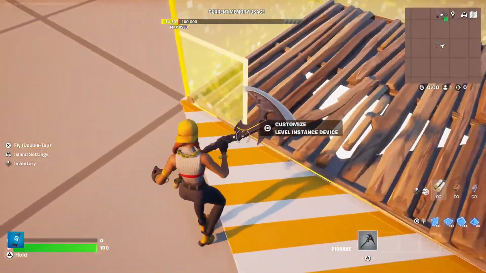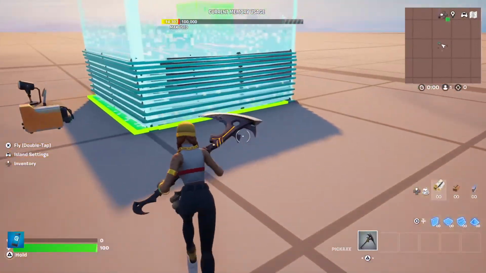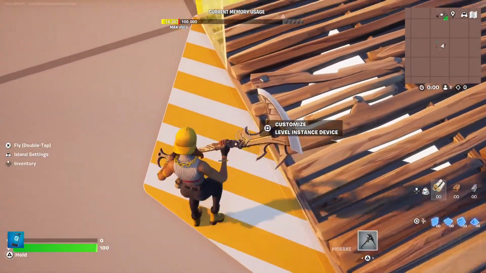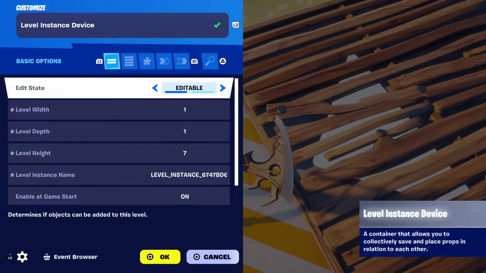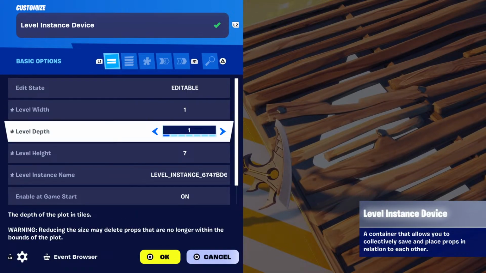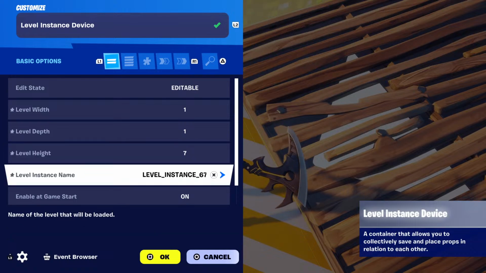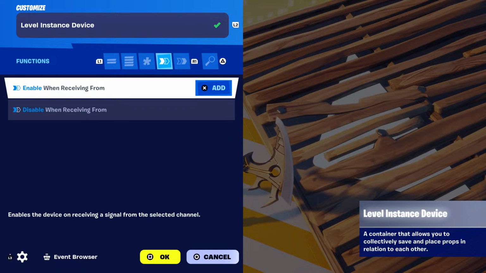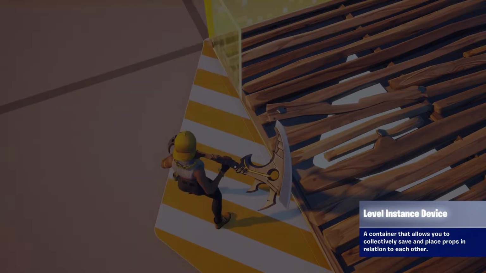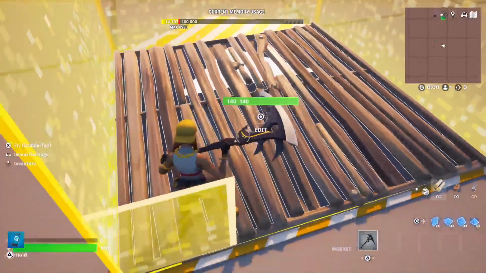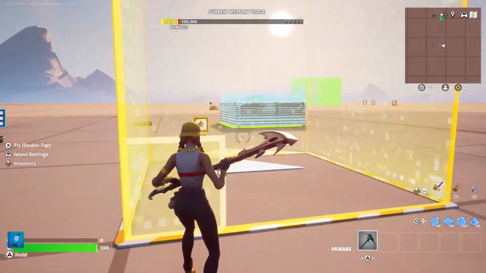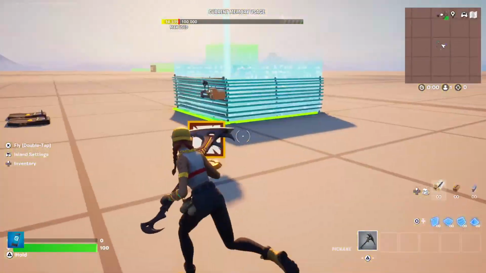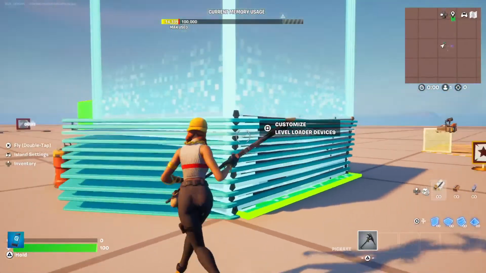In your level loader, you're going to want to put your settings if you're doing just like a one block tower like this. Put the setting edit status editable, set your level width and depth, and so forth. And within there, you're going to place, of course, if you delete everything, you're going to put your floor, and that's it. Next, you're going to drop down one of these,